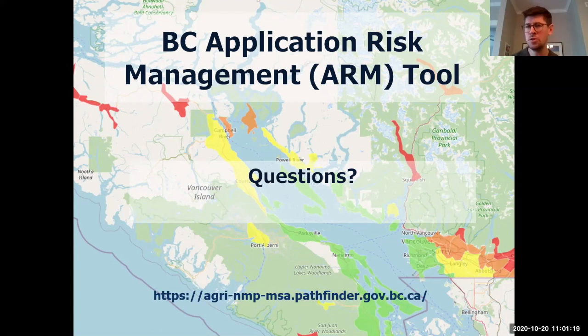So at the moment, there's no connection of, if you use ARM and assess risk, does it keep a record of that and input it back into another tool? It's not something that at the moment we do. It would be kind of interesting to see how that might play out. Nutrient management is always a lot about planning, but at the end of the day, there's the record keeping on the part of the grower to actually indicate what actually took place on the farm, as opposed to what you planned to do, and that's what really drives planning for the next year. And that requires a lot of data on the grower's part.